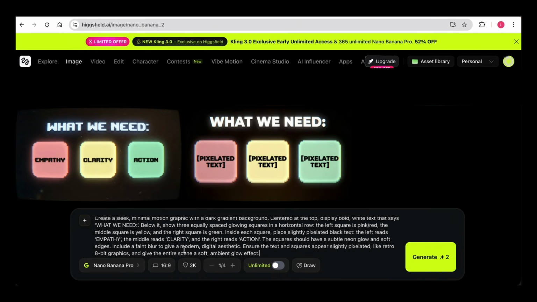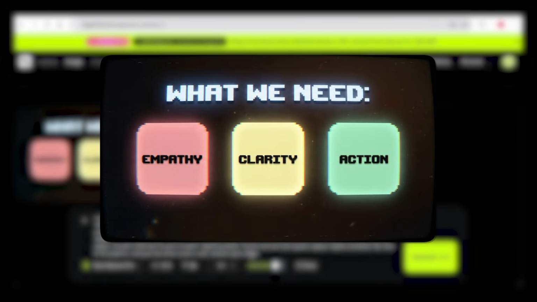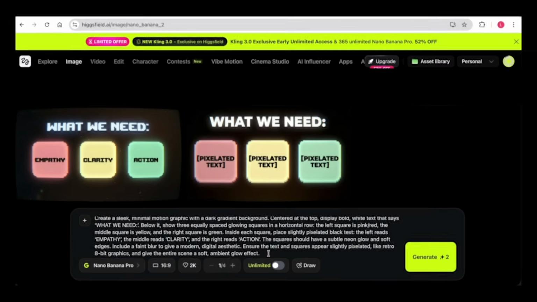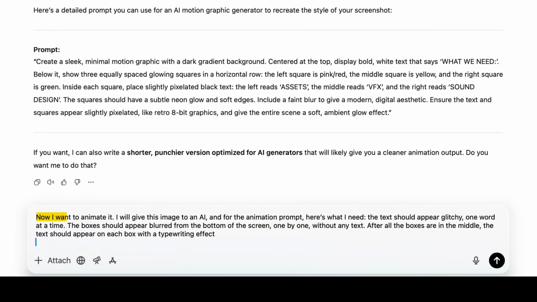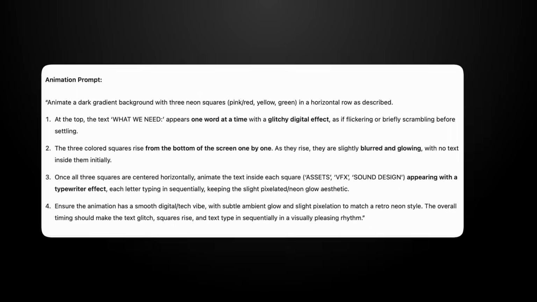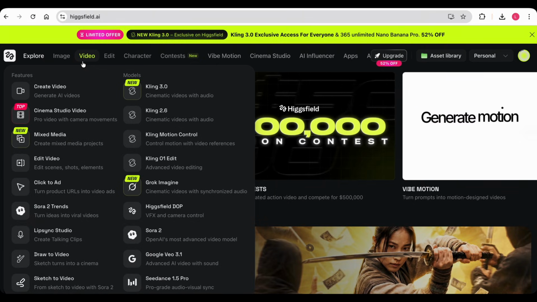After generating the image, which looked exactly like the reference image, maybe even cooler, it was time to animate it. So I went back to ChatGPT and asked it to generate a prompt for animating the image. I told it to create a prompt where the top text appears word by word with a glitch effect. The boxes come up from the bottom of the screen one by one, and the text inside the boxes appears using a typewriter effect. After generating the animation prompt, I went back to Higgsfield, headed to the video section, and